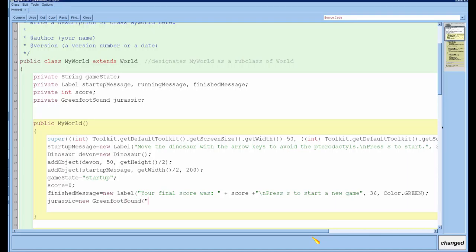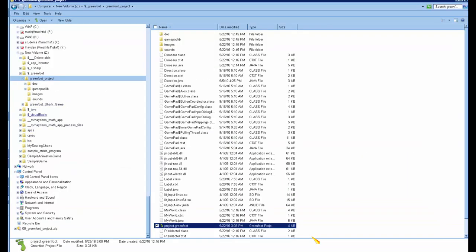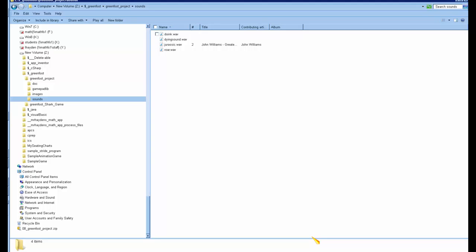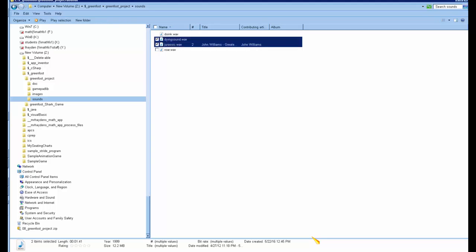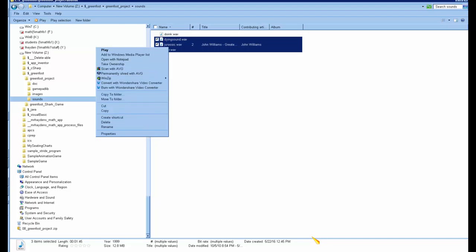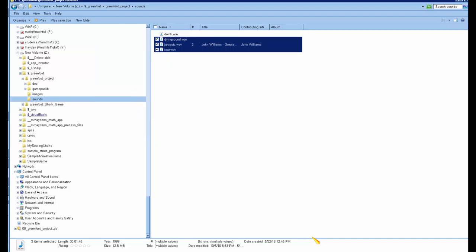Okay, now I need to copy all the sound files that I'm going to use into the sounds folder in my project. I happen to have them all here. I have the dying sound, Jurassic wave, WAV, and Roar.